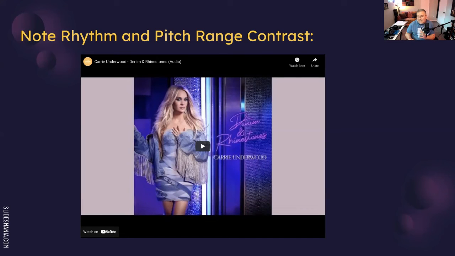So not only does it capture good lyrics, but it has great melody, great production. What I love about Nashville and what I love about country writers is they're so good at the lyric side too. And when you combine some of the pop melodies with the great lyrics, it's songs that I love. So this is one that I listen to a lot, this is Denim and Rhinestones,